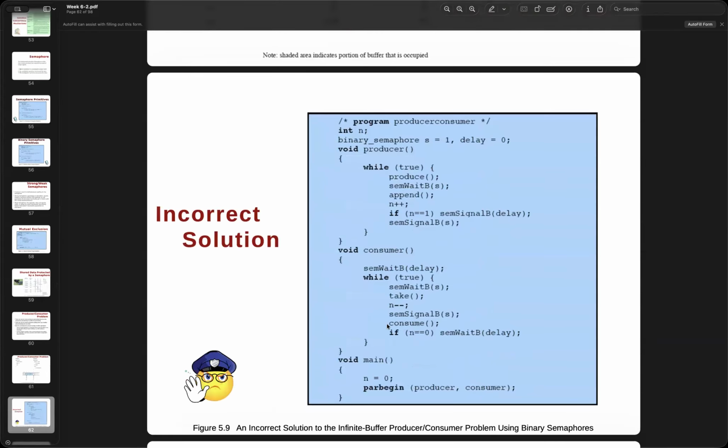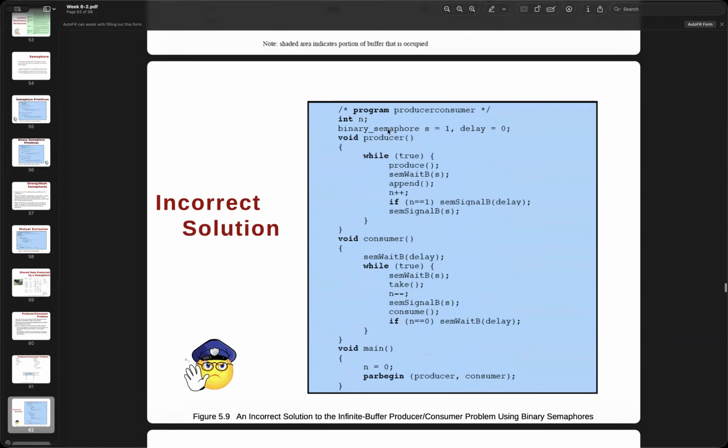And in the solution, if you look at this part, okay, maybe we implement the binary semaphore, if you remember. So if we add the call to produce, and then we have the same wait B, okay, we pass in semaphore. Okay, so if you know the enum, we just add the 0 and 1, just like flattening it. Okay, and then we can append it. Okay, so then we can add the integer number n.